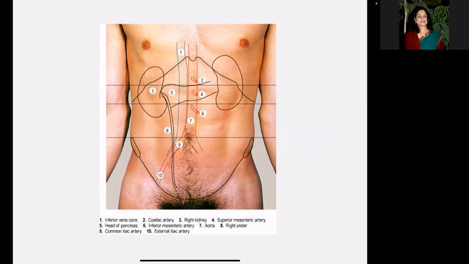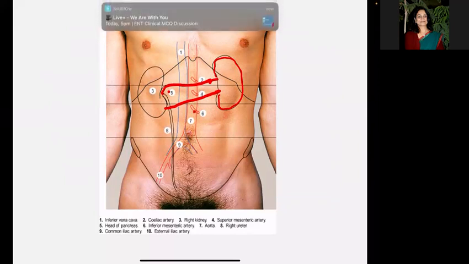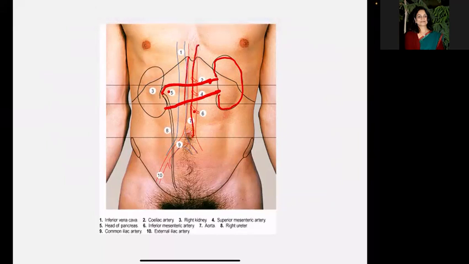Here you can see the pancreas is present, extending from the right hypochondriac to the epigastric to the left hypochondriac region. Likewise, the spleen, and this is the kidney, which is present on either side, left and right. Then you can see in the midline is the aorta, and a little to the right of that